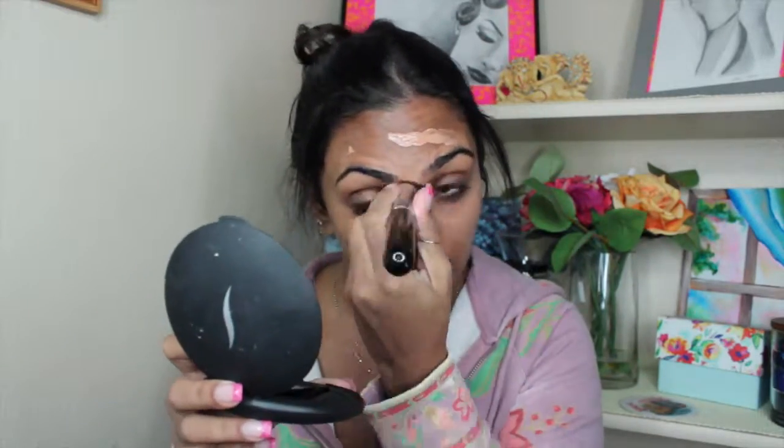Guys, so I've already primed my face with the Smashbox Photo Primer, and then I'm going in with two foundations. One's the Dior BB Cream, and the other is the Urban Decay Weightless Skin Foundation, and I just used the two because neither one's my perfect shade, and the two together are my perfect shade. And I'm kind of putting the foundation everywhere except for my mouth area. I'm kind of skipping my mouth a little bit,